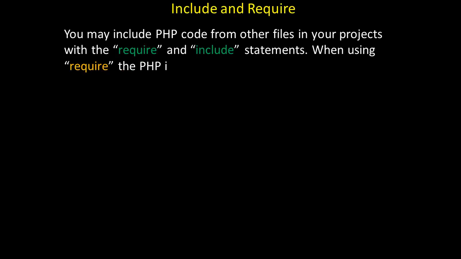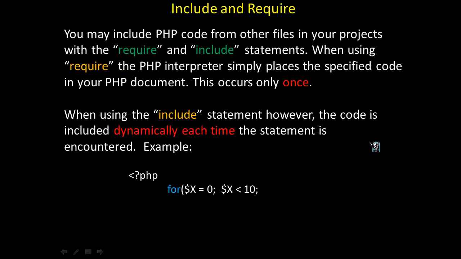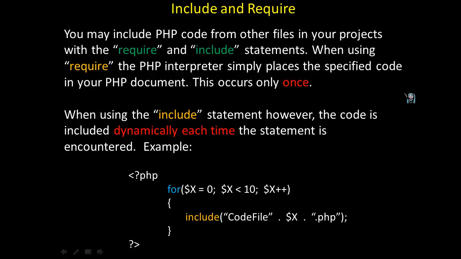You may include PHP code from other files in your projects with the require and include statements. When using require, the PHP interpreter simply places the specified code in your PHP document. This occurs only once. When using the include statement, however, the code is included dynamically each time the statement is